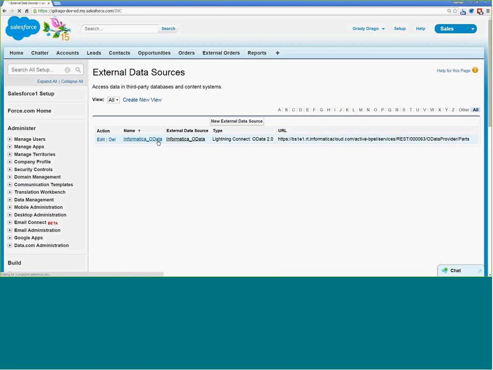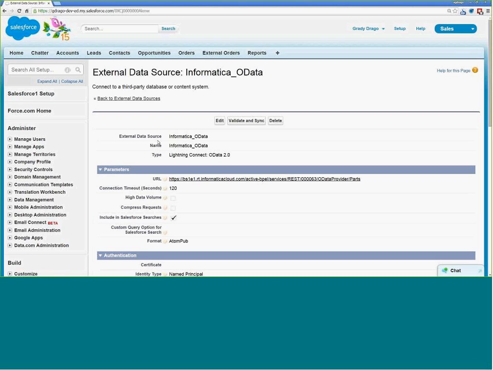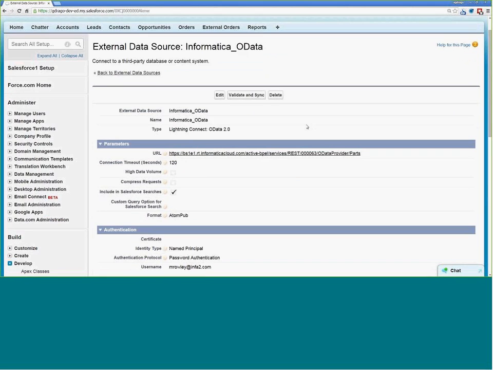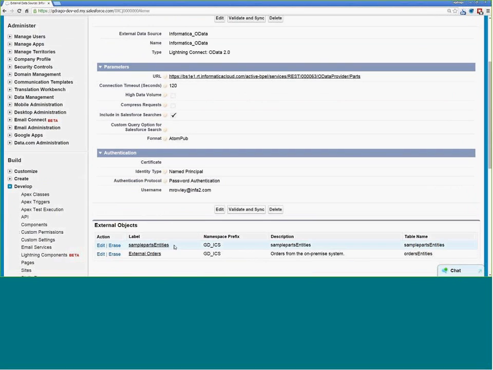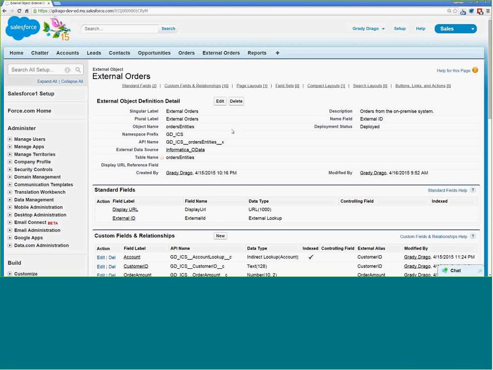Once those are set up, Lightning Connect will go out to the real-time environment and request available data sources. In this example, we have 2 tables within the MySQL database that are exposed. We're going to be working with the one labeled external orders.